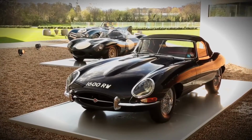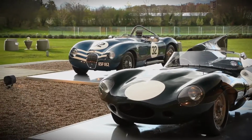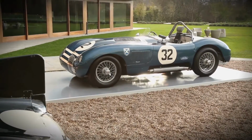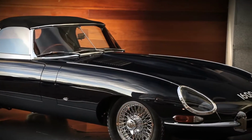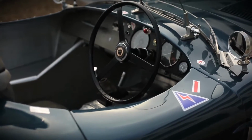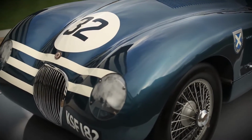Here we see the Jaguar C, D, and E types. These are the cars that defined Jaguar's sporting heritage. While most of these cars linger fresh in the minds of motoring enthusiasts, Jaguar hasn't launched a true sports car in over 52 years. The car charged with bringing Jag back into the sports car world is this, the 2014